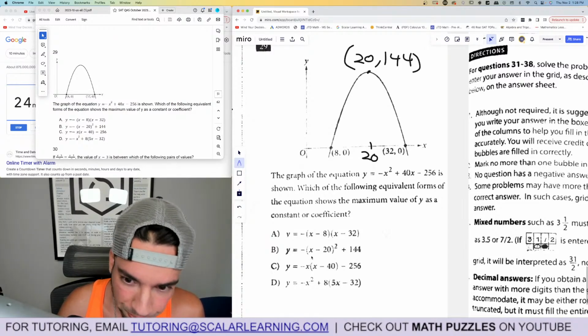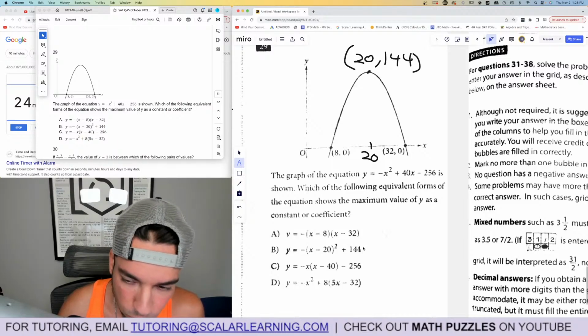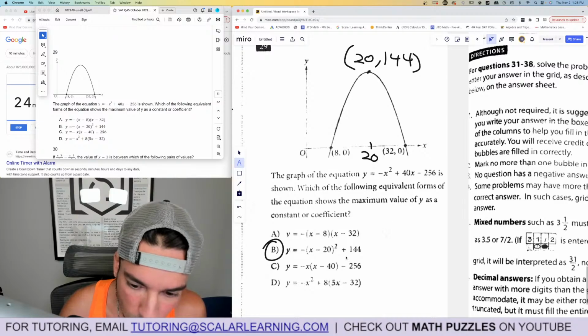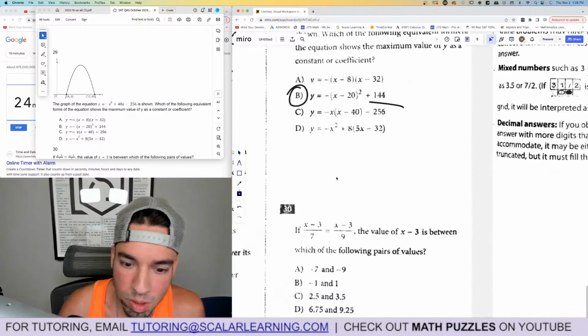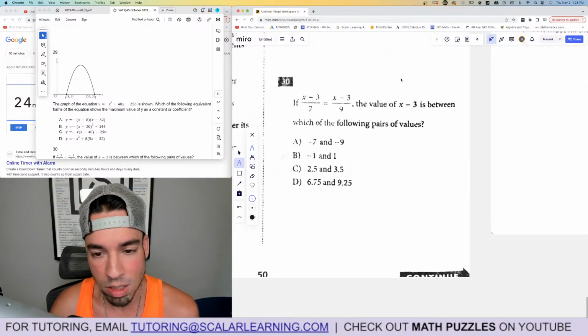That's what we see here, right? X minus 20, that's the x value of the vertex, plus 144, the y value of the vertex. There's a constant with the max value of y, which is 144. That's how you do it. Boom, done. Last one, 30. This should be one of the hardest, and then we move on to a nice decrease in difficulty in the